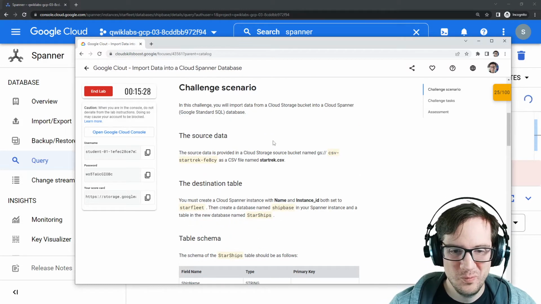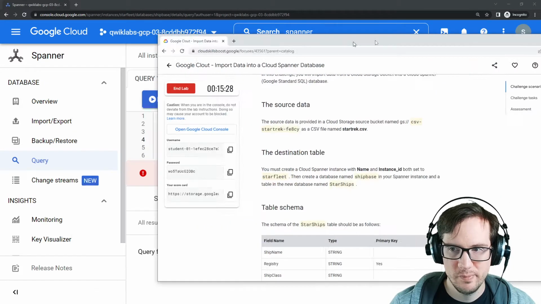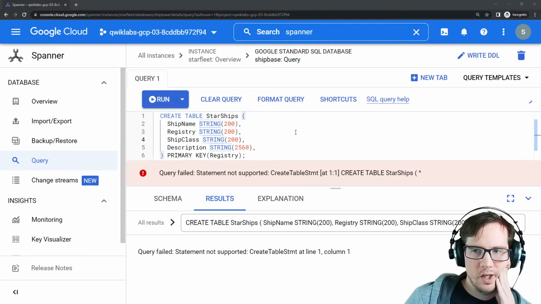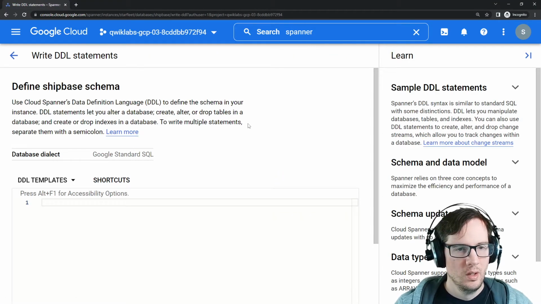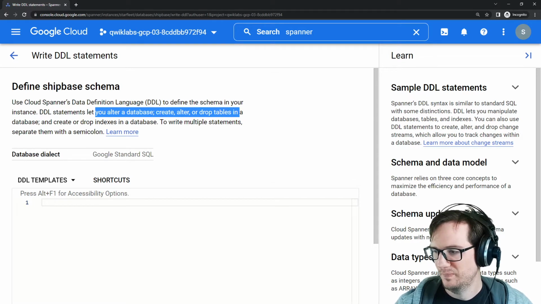Okay, so you must create a Cloud Spanner instance with name and instance ID both set to Starfleet, and create a database named Starships in the Spanner instance, and create a new table in the new database called Starships. So if we can't use the create table statement here, then we have to be able to do it somewhere else. And I think that's maybe where the DDLs come into play. Allows you to alter the database, create and alter, or drop tables. That's my fault for not reading that. Okay, so what we'll do,